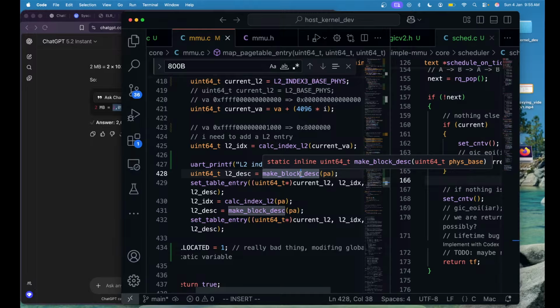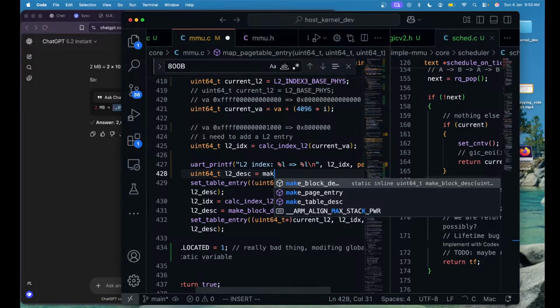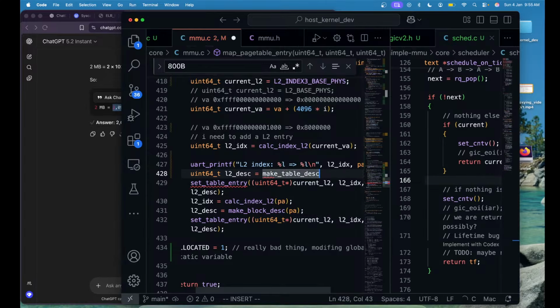Instead of that, we create a table descriptor. Make a table descriptor. Now we have to create a new table